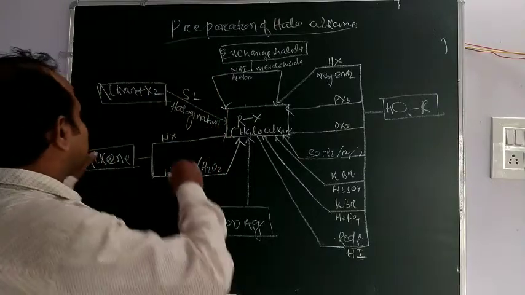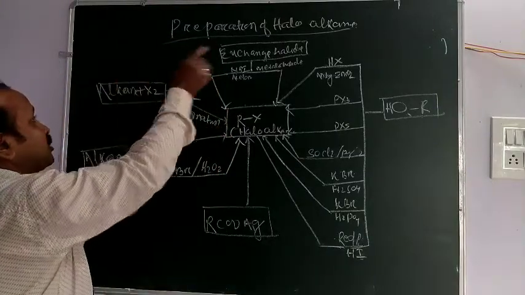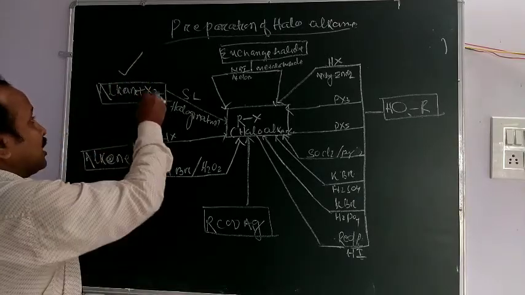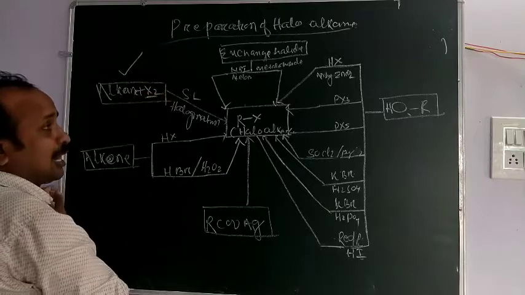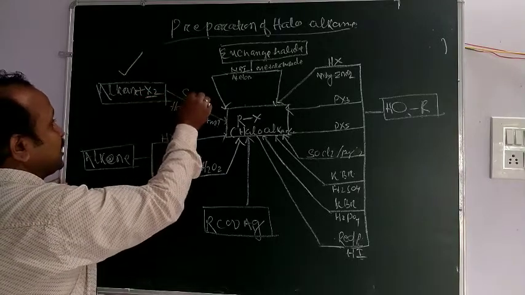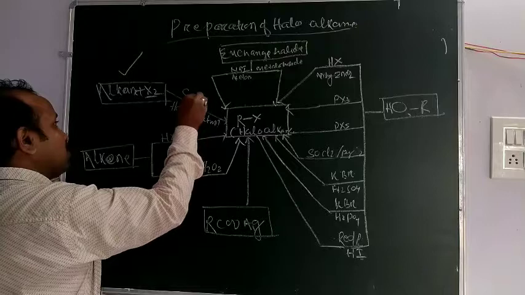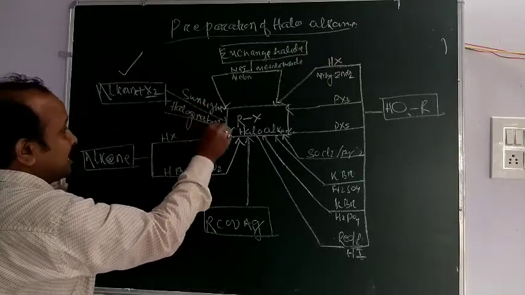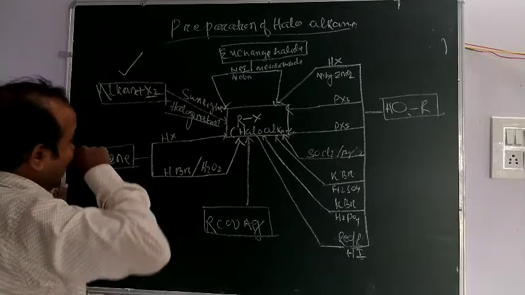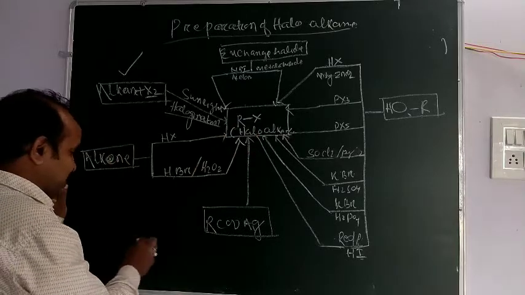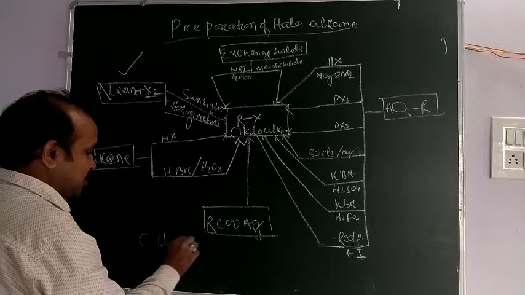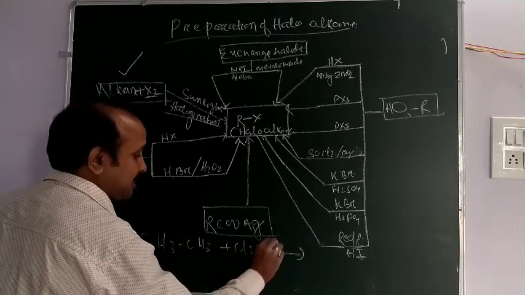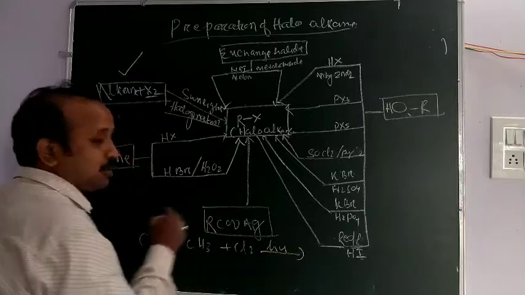First you see that we read about the preparation of haloalkane from alkane. Alkane treated with the halogen in presence of sunlight, the process is known as halogenation, then alkyl halide is formed. For example, suppose CH3 methane is treated with Cl2 in presence of hν or sunlight or UV light.